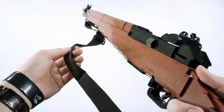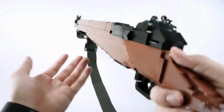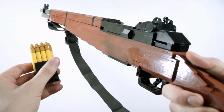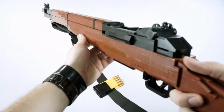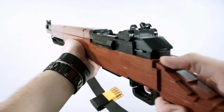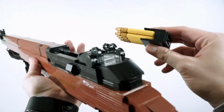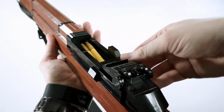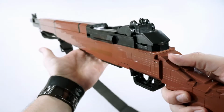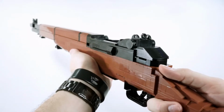But I must say, it actually does give a nicer look to the rifle, and definitely makes it feel all that more authentic. Authentic in the sense that you could even take the clip for the rifle and slide it into the sling and just have it hang there, for the sake that after emptying the rifle, instead of reaching for your vest, you can just reach forward to grab a new clip and reload using that one, which is super cool. However, for the sake of not wanting to deal with it, I'm actually going to keep the sling off the gun for the rest of the video so we can focus a lot more on the